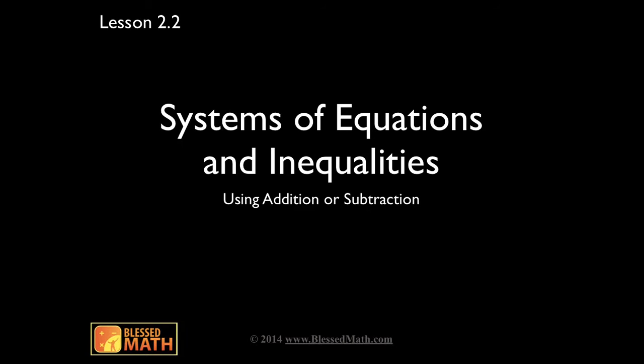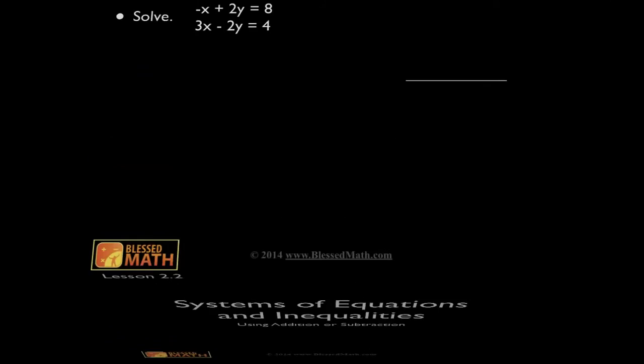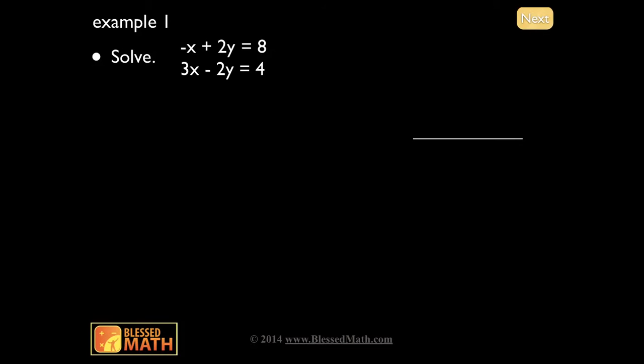So let's get into some more techniques for solving systems of equations. Negative x plus 2y is equal to 8 and 3x minus 2y is equal to 4. We're going to do some addition and subtraction to cancel out these variables. So what I notice is the 2y and negative 2y are opposite signs of one another, which means if I